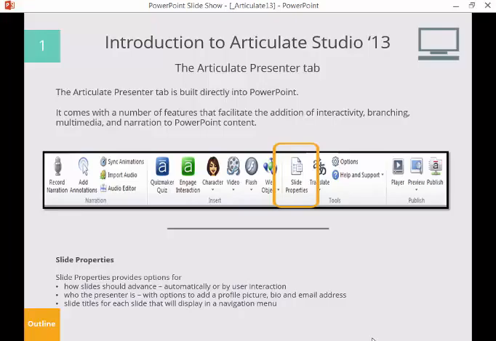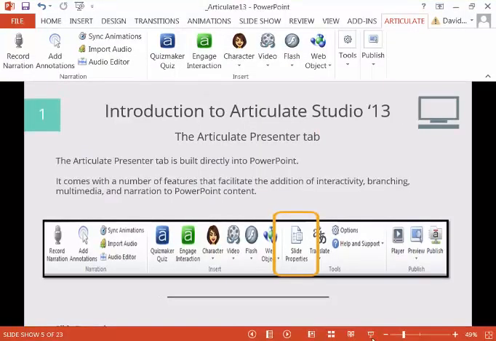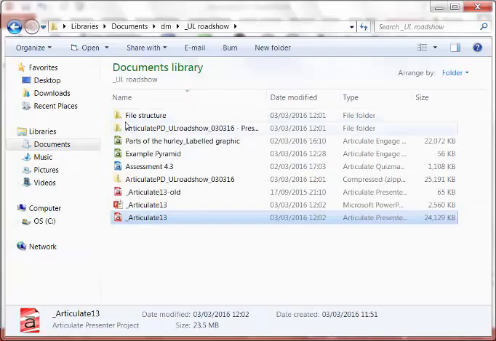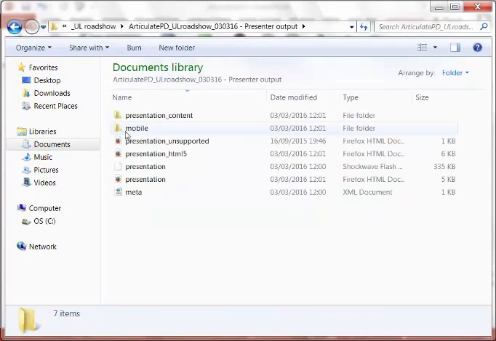Just this slide properties thing again is a lovely feature. I will show you this PowerPoint presentation published in Articulate in a second, just to show you what the finished product looks like. But I've included myself as a presenter on it. And at this point I might actually just show, it'll be easier rather than trying to speak hypothetically about it. So if I show you very quickly